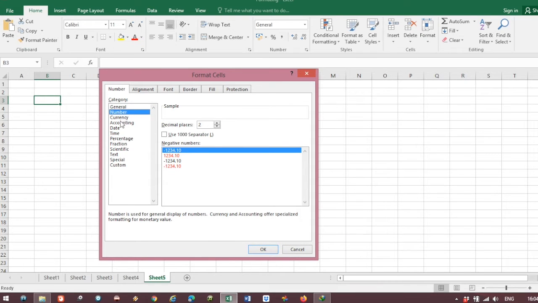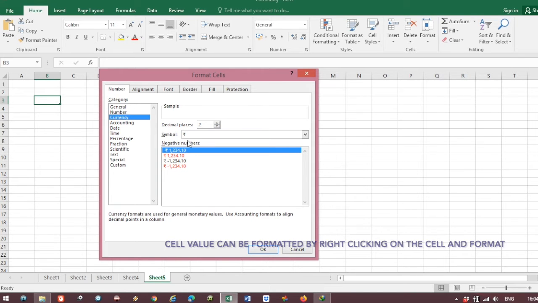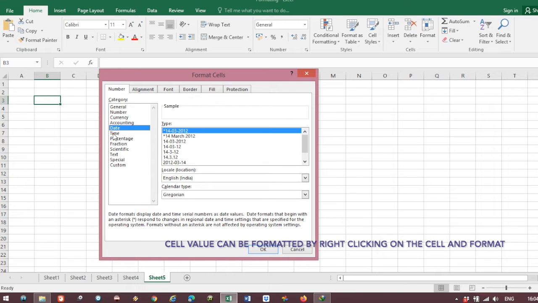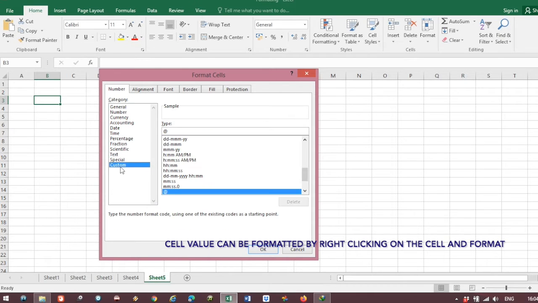Number means it is only numbers. Numbers can have decimal points, and it asks whether the decimals will be 2 or another number. You can also add currency, the currency symbol, rupee sign, accounting, and date format, where you are entering date data, then it should be in a date format. And text is made for text data, and custom you can do as per your requirement. You can customize it, even dates like DDMMYY or DDYY, whatever you want, as per requirement.